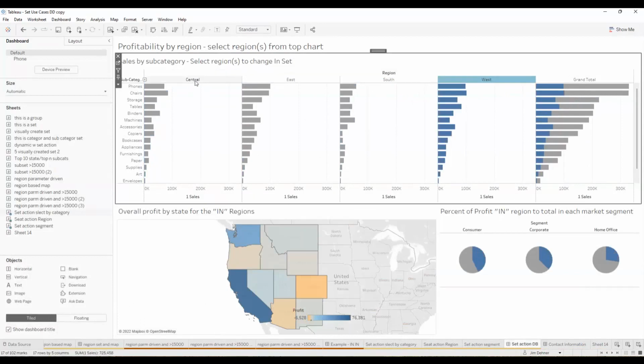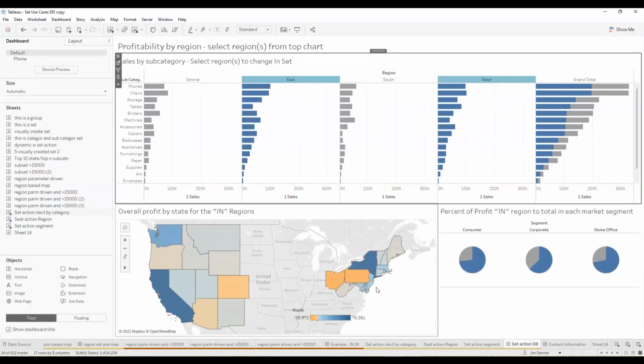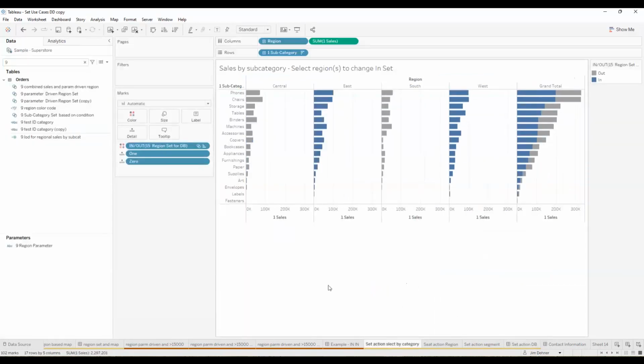or because we're working with sets and sets can have multiple values, we could look at the combination of east and south, or east and west, for example. Now to do this, first we're going to create each one of these charts individually. This first chart is nothing more than using